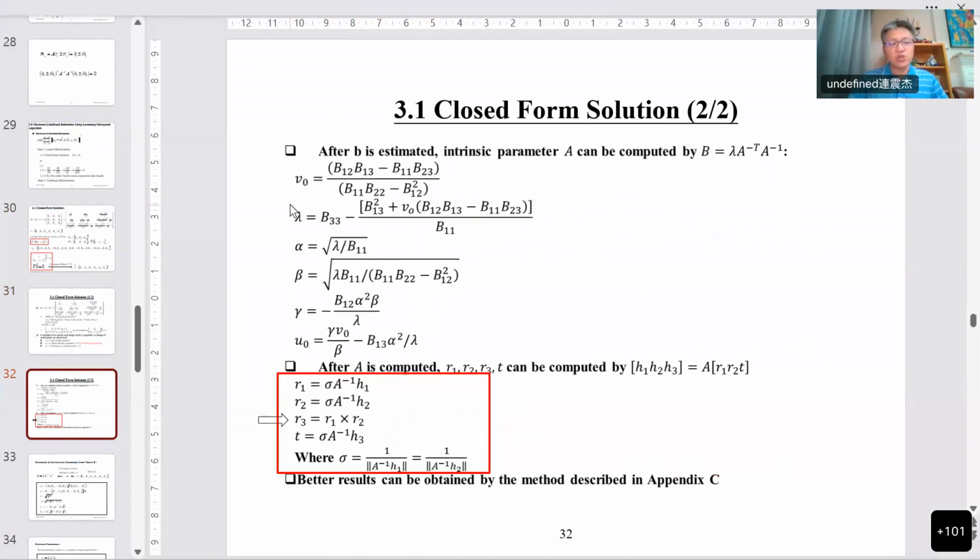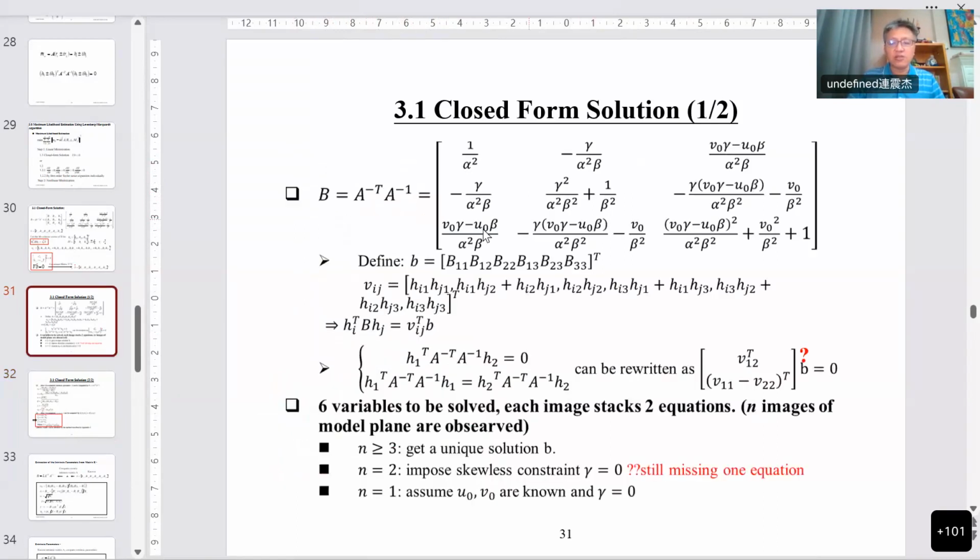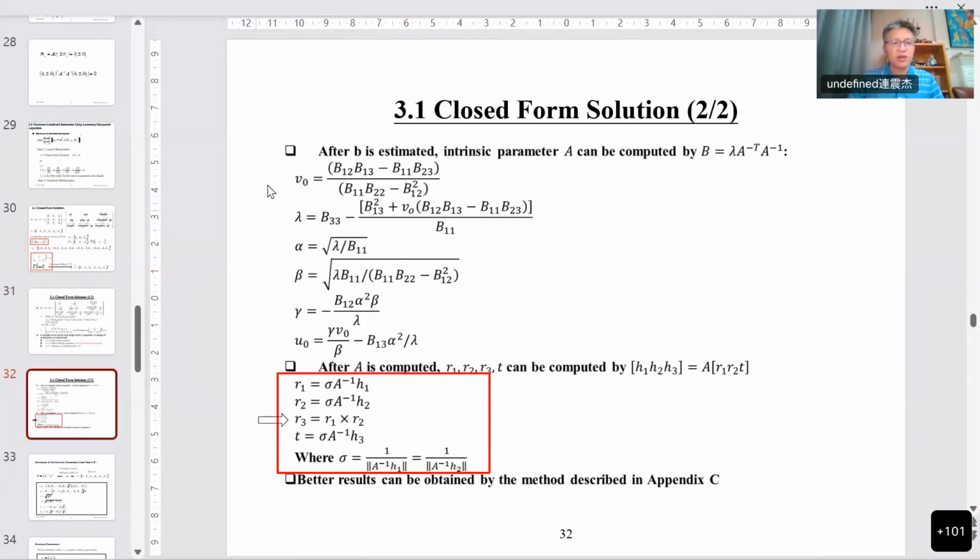Each intrinsic parameter is a combination of B。因为你现在解出 B 了，根据很多联立方程式，我试过，真的算出来就变这样子，所以任何的内部参数都是 B 组合成的，就可以解出来了。